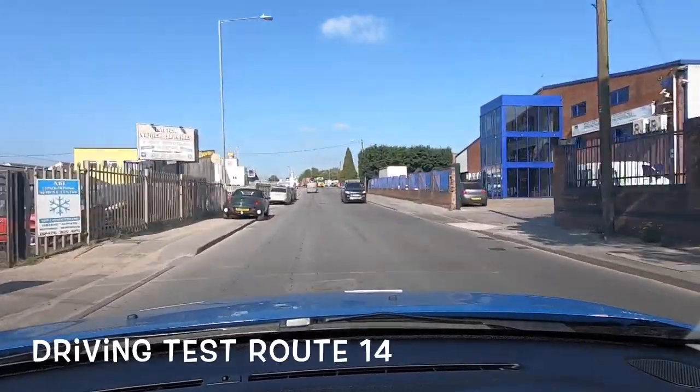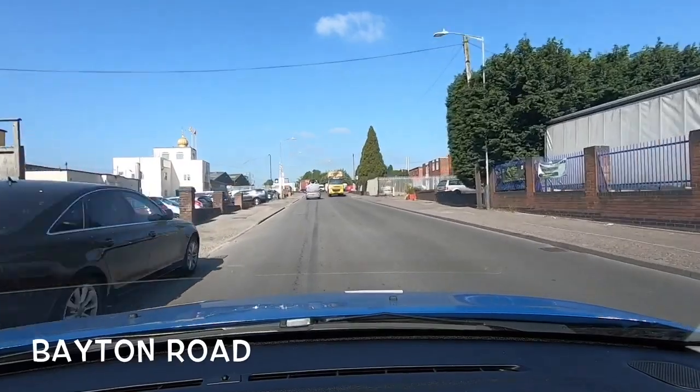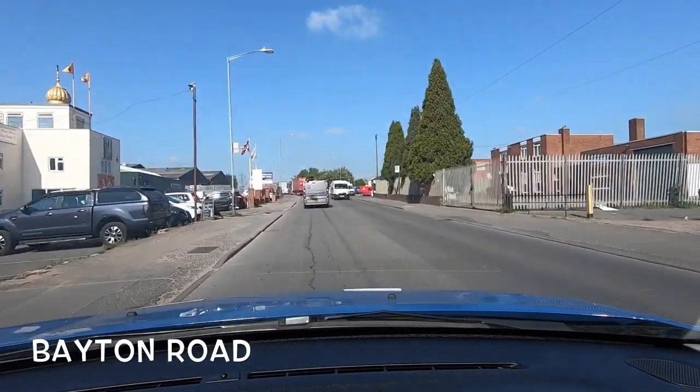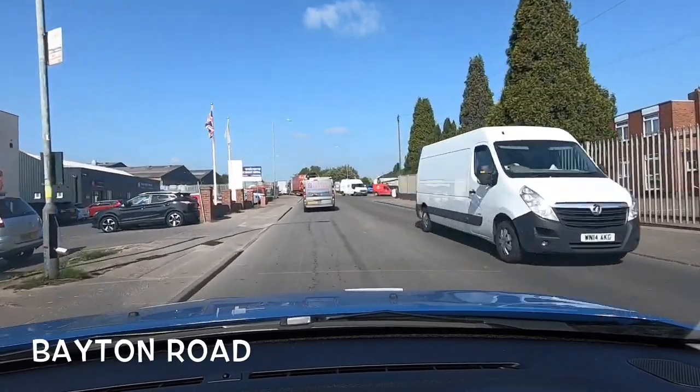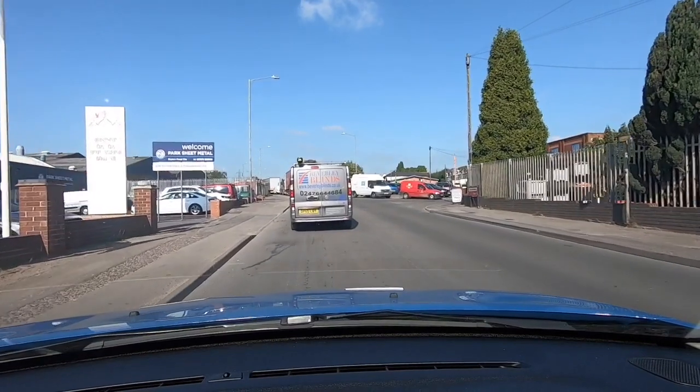We've just turned left out of the test centre car park, and now we're going up to Bayton Road toward the traffic lights. There's a little bit of a queue, which gives me a little bit of time just to let you know